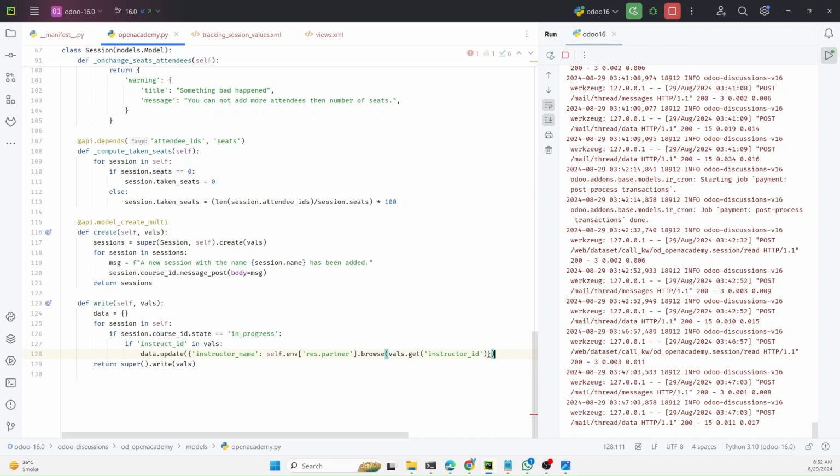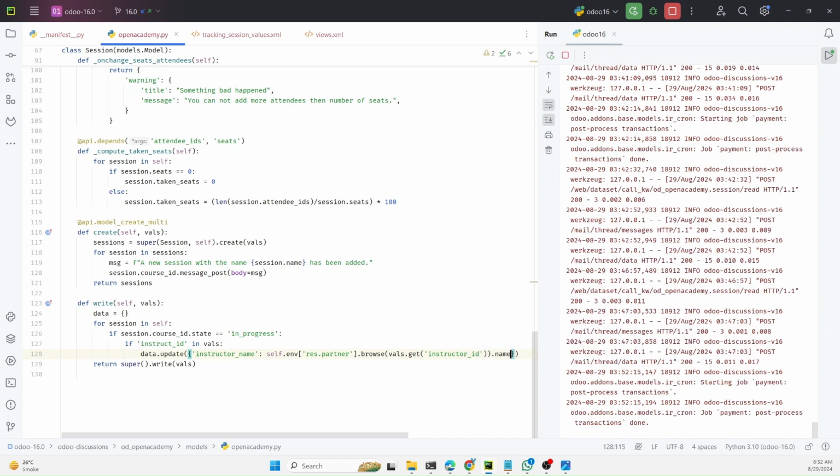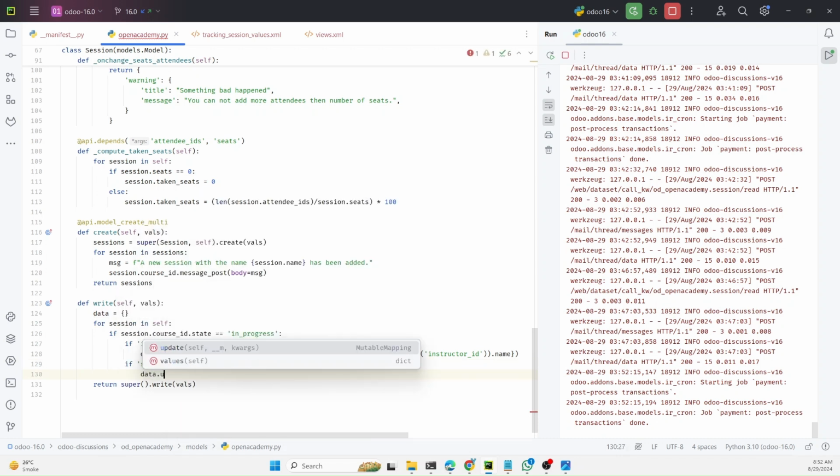Okay, so browse like this, and then the name like this. So this will give us the name of the instructor, which will be updated in the data dictionary. And then if there is a change, like if start date is in values, then it should also be added to the data dictionary, data.update,